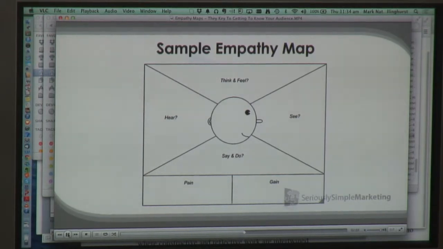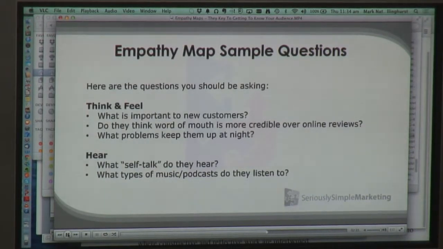Now, this is not something that's going to take you 30 seconds and then you're going to have this perfect little avatar built out. It is something that you should spend quite a bit of time thinking about. It might take you a day. Do some brainstorming, keep this in front of you, and have conversations with your customers. As they tell you, oh man, here's what just came up, or here's the type of stuff I do on a day-to-day basis, you can add to this and get a better understanding of who your customer is. So again, when you're going through, ask yourself these types of questions.